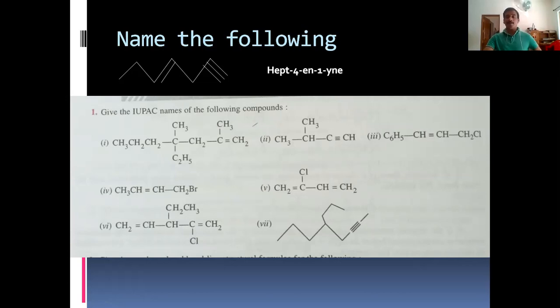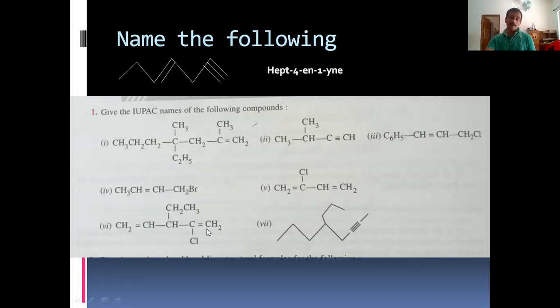And in this case, you can see here there is a double bond, here also a double bond. Since there is a substituent here, start numbering from this side. 1, 2, 3, 4. So what is the name? 2-chloro-buta-1,3-diene. Diene, 2 double bonds. And here CH2 double bond CH, CH2 CH3, CCl double bond CH2.